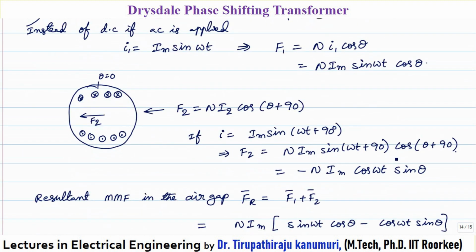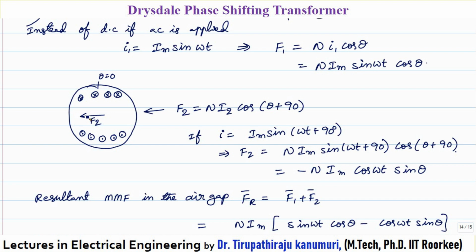Similarly, I am taking another winding like this. That means wherever the space is there, I have filled that space with another distributed winding. Let us assume the current is passed in such a way that I get the MMF direction like this. Here you take the cross and here you take the dot. Apply your right hand thumb rule again. Keep your fingers in such a way that the curled fingers indicate the direction of the current and your thumb indicates the direction of the magnetic field. So F2 is like this.